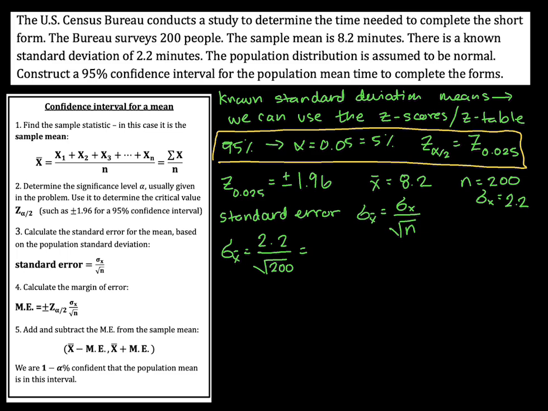So we have 2.2 divided by the square root of 200, and for that I get 0.1556 if I round it. All right, so the margin of error is going to be 1.96 times the standard error, 0.1556. And so doing that, I get